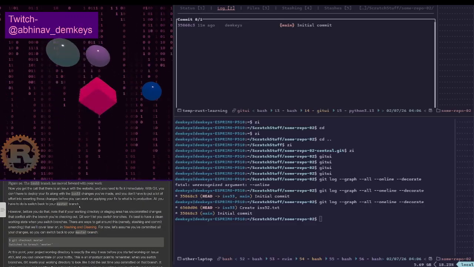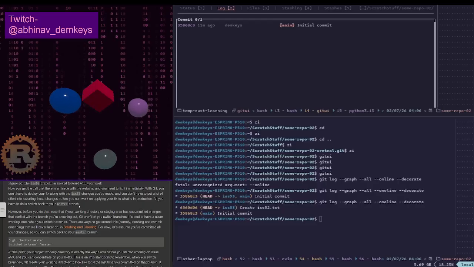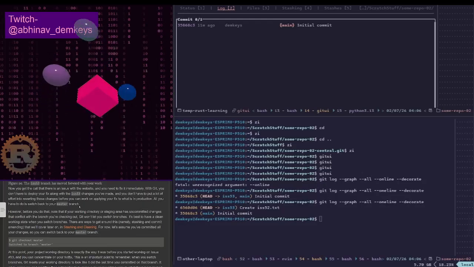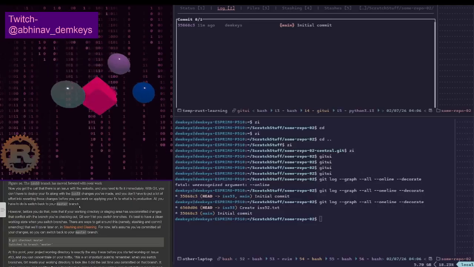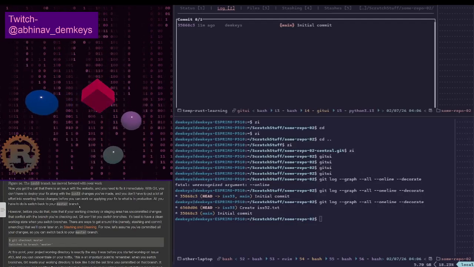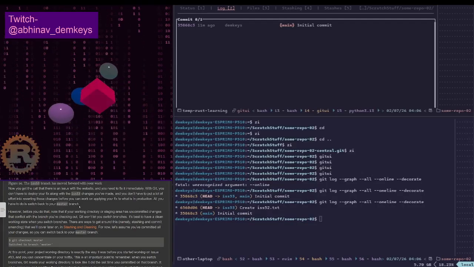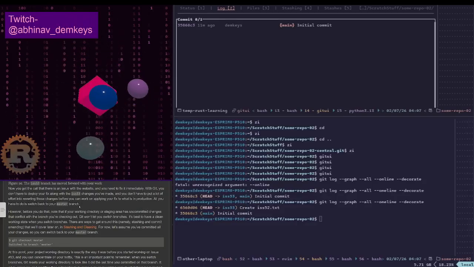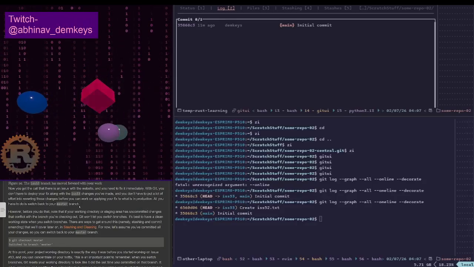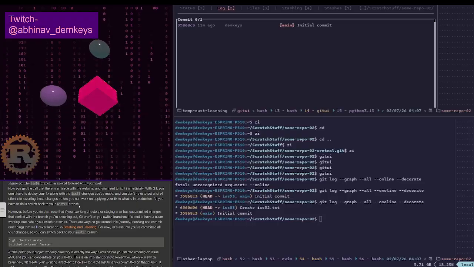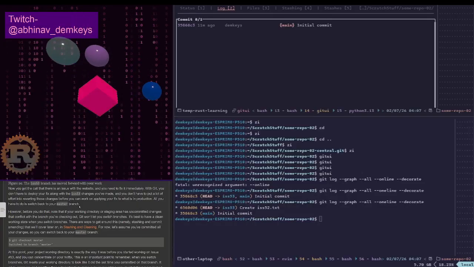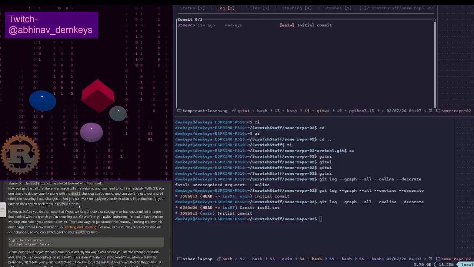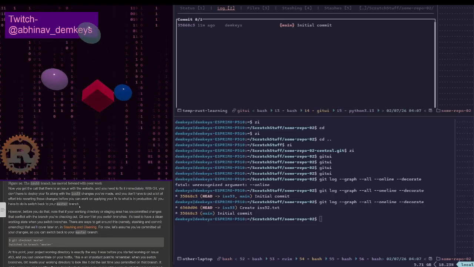Okay. However, before you do that, note that if your working directory or staging area has uncommitted changes that conflict, wait, I just realized the way that we would pronounce the word conflict depends on the situation.